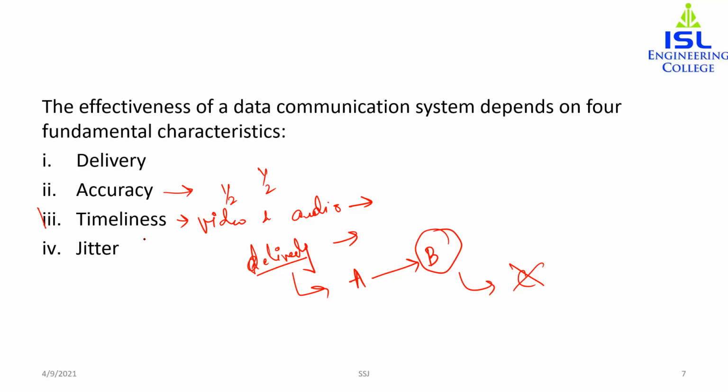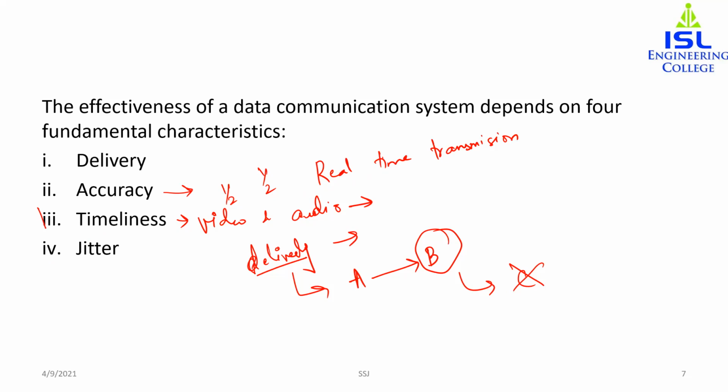So in this case, the kind of delivery that I'm talking about is real-time transmission. This is important. If you're transmitting in real time, the data should be delivered in the same order in which it originated. That is, the origination and the delivery should be in the same order.